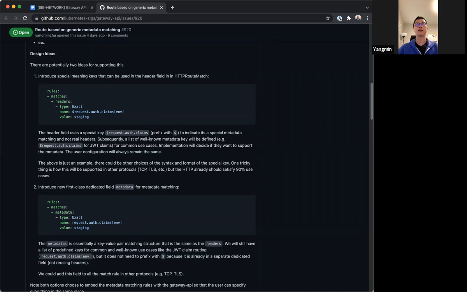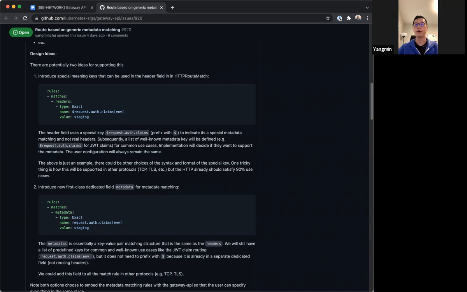The detailed API is up for discussion, but the general idea is it will have something like a key for referring to what kind of metadata you are going to match, and then a value that is the value you are expecting from that data structure, and also some other accessory fields to help you look up a property in that metadata. Those are the two high level design ideas.